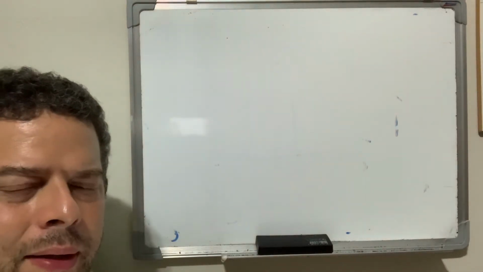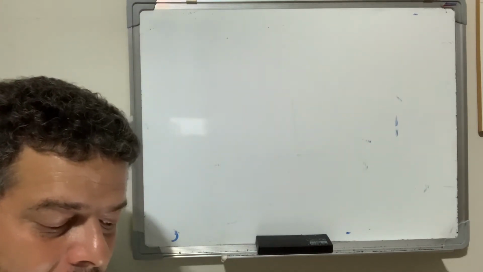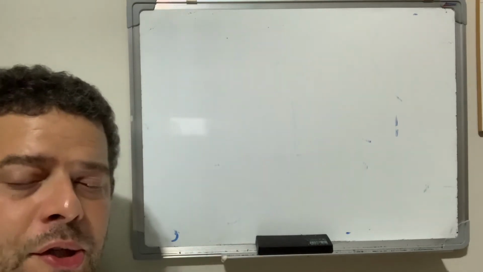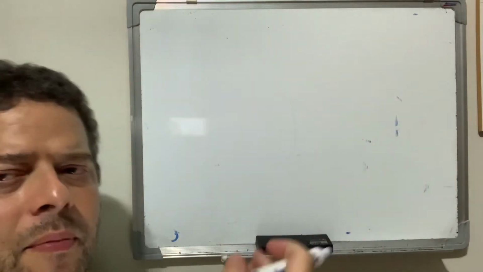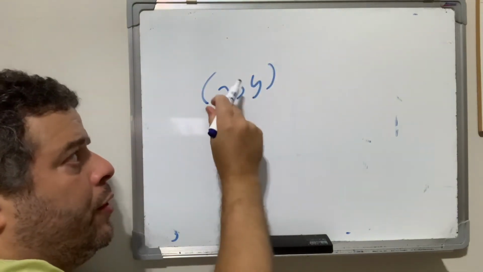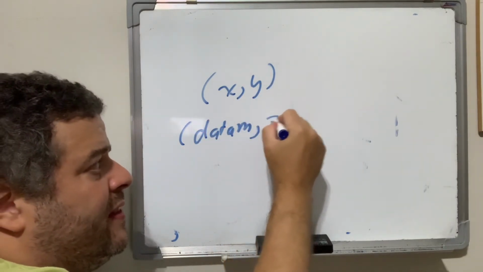Now, the next thing, which was pretty cool and very useful, is the normal probability plot. Now, it might sound confusing. It's not. The normal probability plot is a scatter plot of ordered pairs in which the x is the data value or the measurement, and the y is the expected z-score from that one value. So again, you have an x and a y in an ordered pair. The x is the data measurement, and the y is the z-score